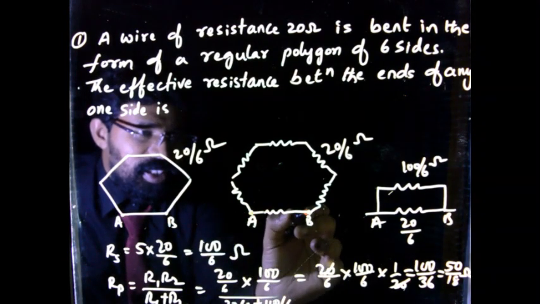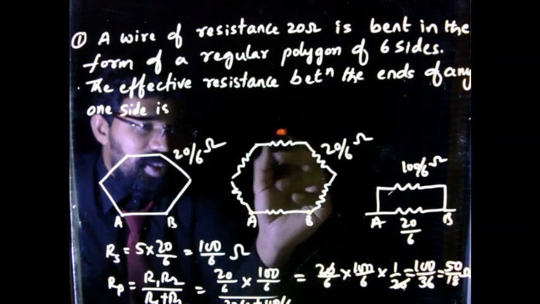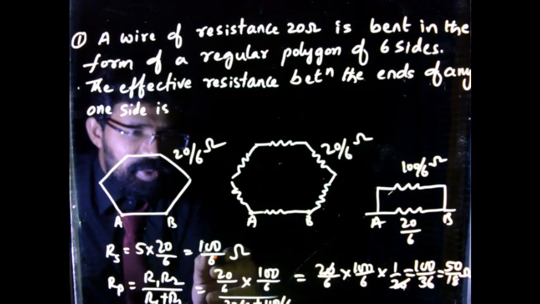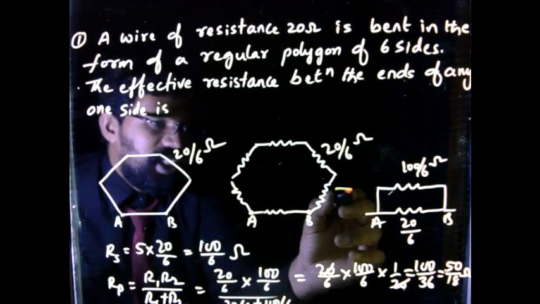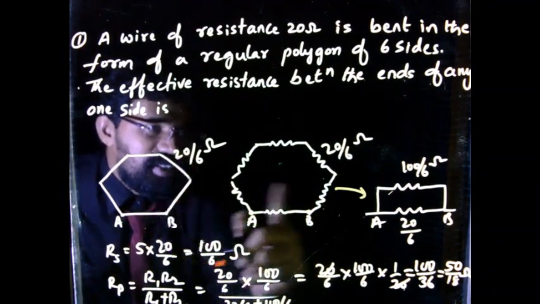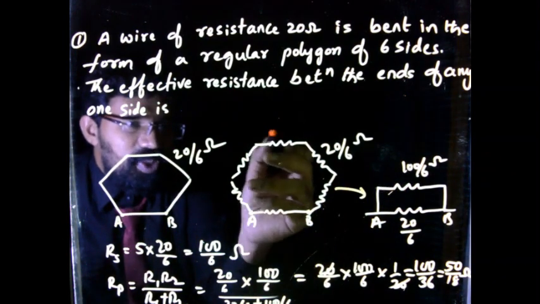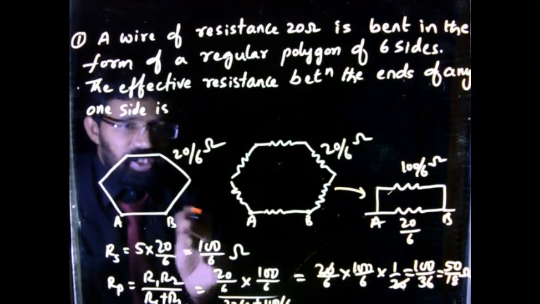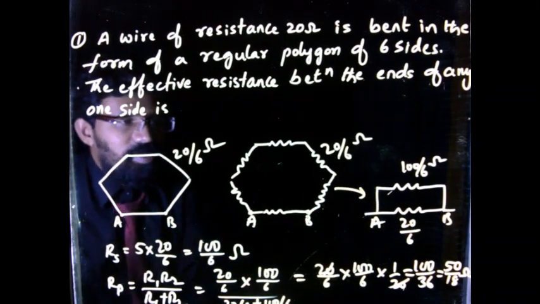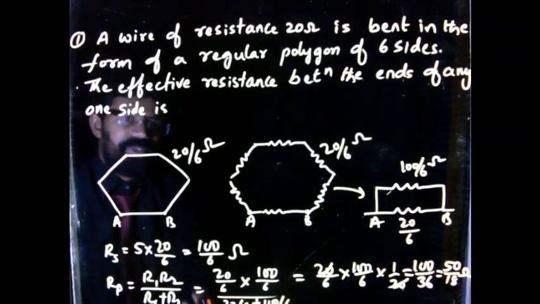So when I take this side as reference, the other resistances will be in series, and that will be parallel to this one. So the other resistance, effective resistance is how much? 100 by 6. And I have drawn one more equivalent diagram. I have replaced all these 5 resistances with one single resistance whose resistance is equal to 100 by 6, because the contribution of these 5 resistances to the total resistance is 100 by 6. So 100 by 6 and 20 by 6 both are parallel combination. So when you go with the parallel combination, this is what you will get. So that's how you can solve this.